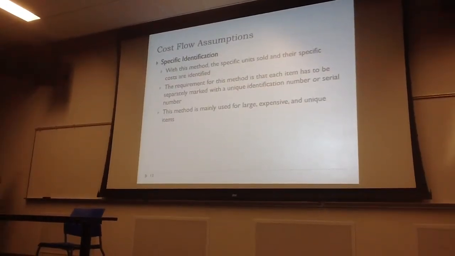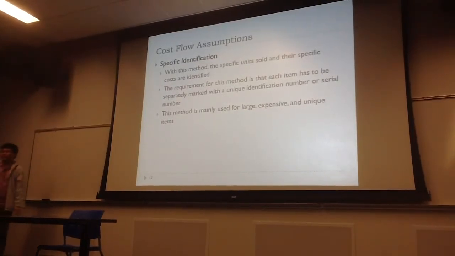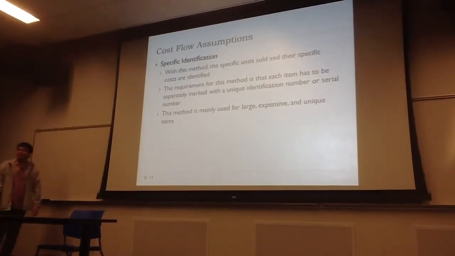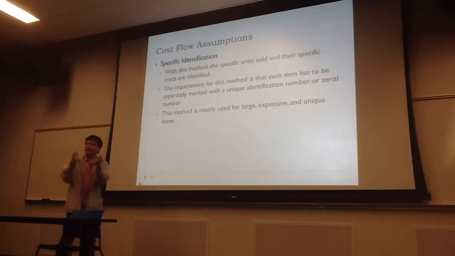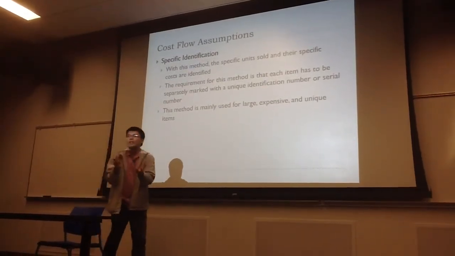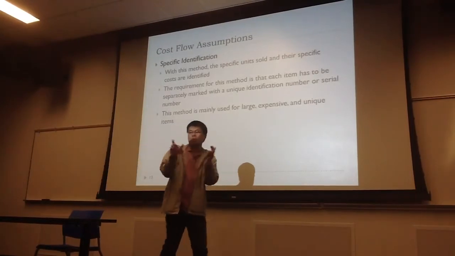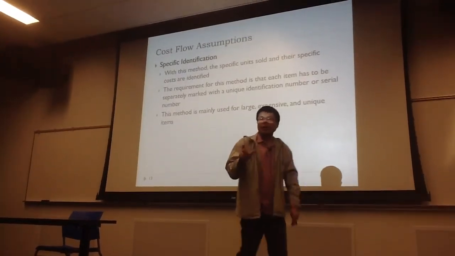So the first one is the easiest, specific identification. So what that means is the product or the inventory that you have has a specific serial number or identification number or a barcode, anything like that. So when you look at that